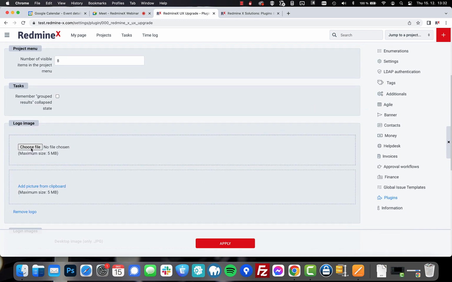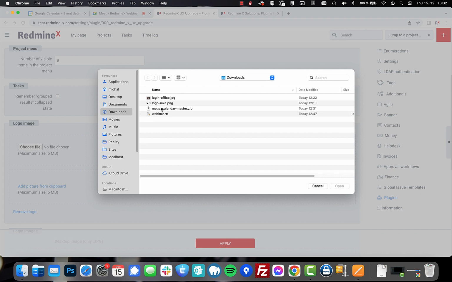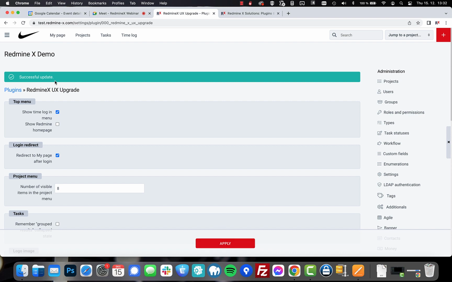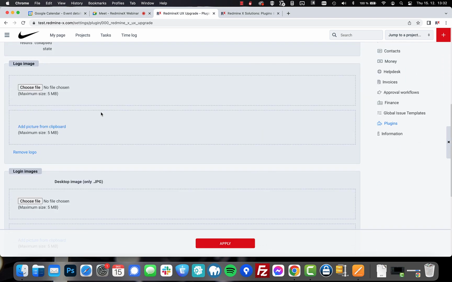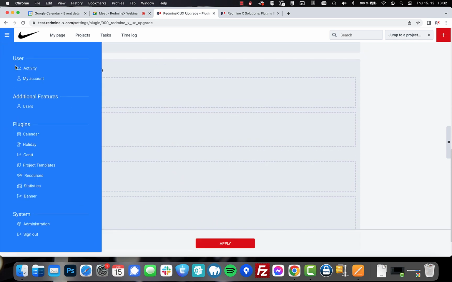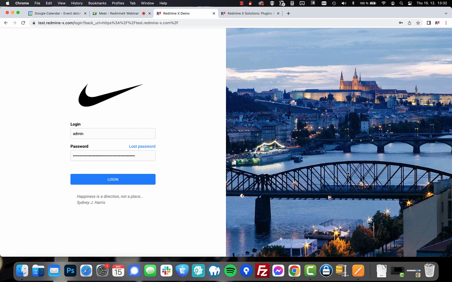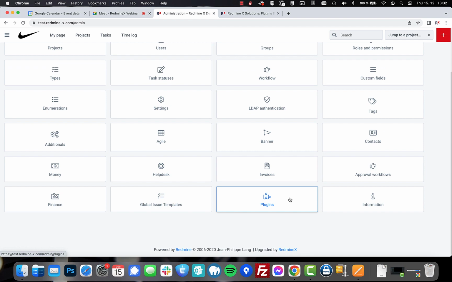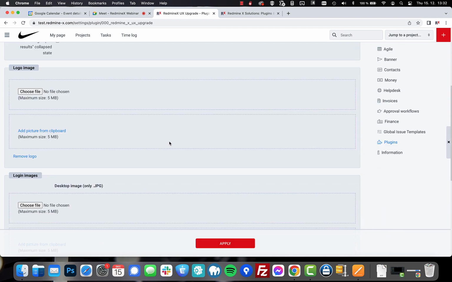And one of these is the logo image change. So for example, if you want to upload your logo, I chose a Nike logo in this case, you can do so like this. If you want to change the login images, as of right now, there's a beautiful picture of Night Prague, Czechia, which is fine, but if you're from Berlin or anywhere else, it might not be that appealing to you. So we made it happen so that you can change the login images as well,